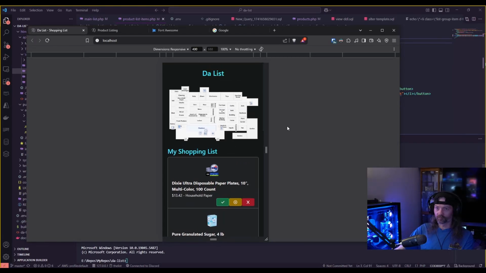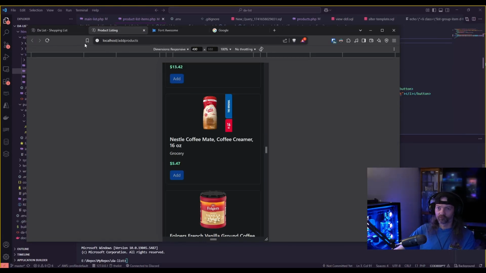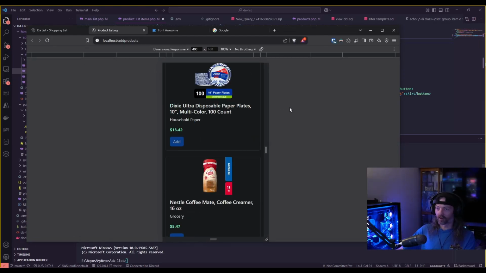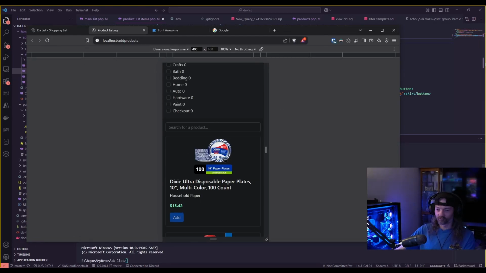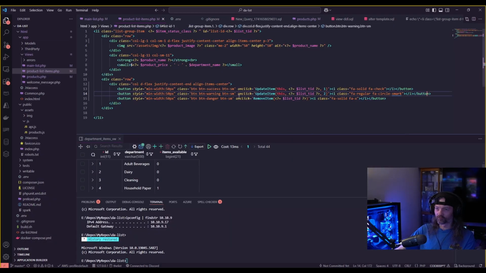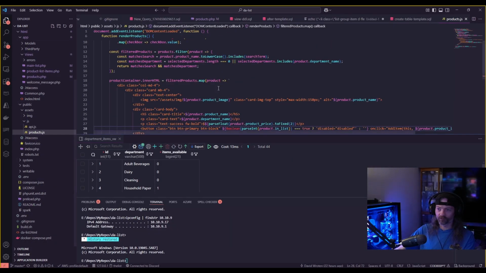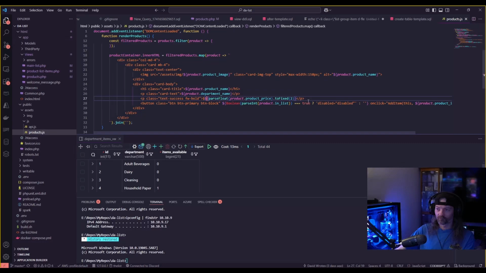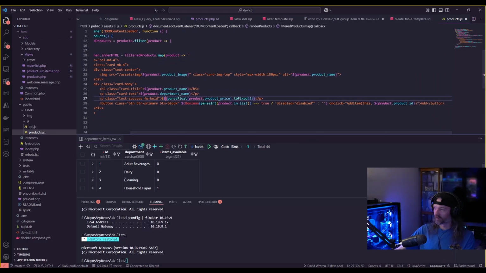I like it. It looks a lot better. I think that looks a lot better. So let's go back to add, we can clean this up a little bit. I actually think this looks pretty good like it is, but I want to do something else with the buttons. So let's go to the JavaScript for this. And instead of add, I think we'll leave add, but let's do,